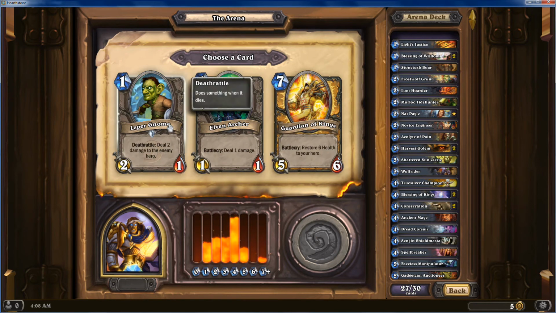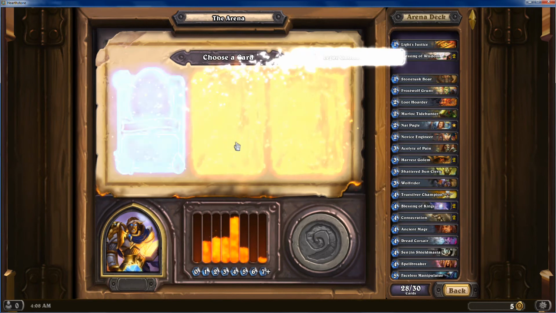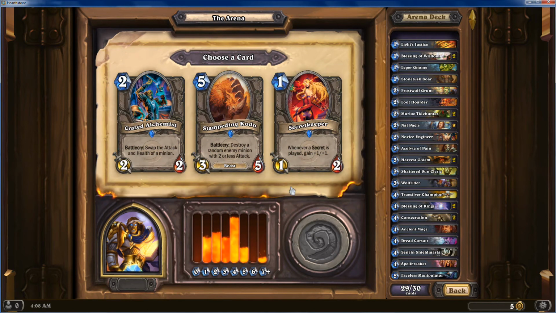Leper Gnome, great early game card. Archer also helps ping off any of their early game one health creatures. We're gonna just go with the Gnome. Throw out another Tidehunter. And for my last card,